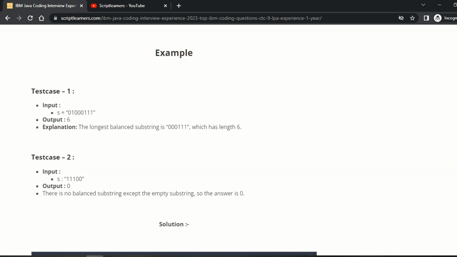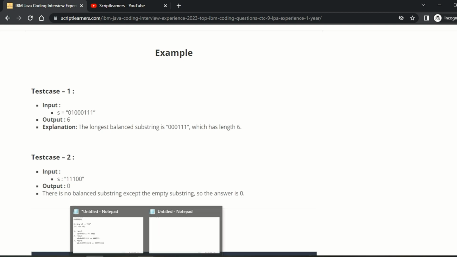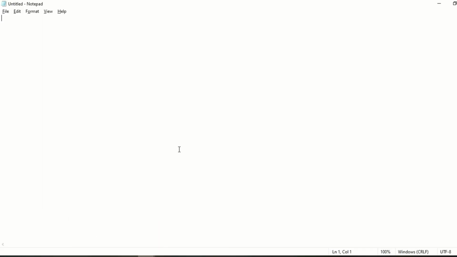Now let's discuss the logical part here, how we're going to solve this problem. So this problem can be solved in a very typical way, but I'll try to explain this in a very simple way. Okay, so